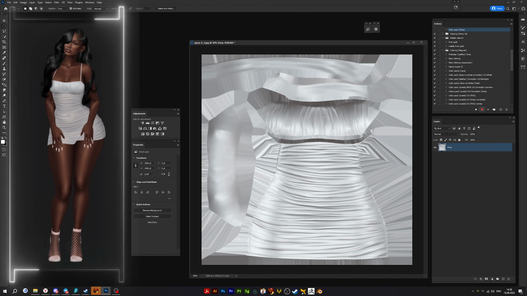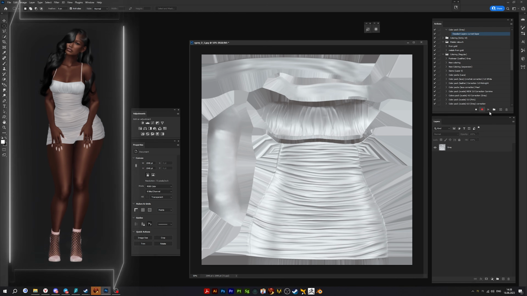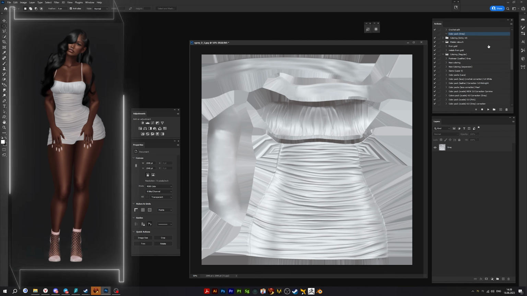Now, remember that when you press the record button, you should be very careful. Do not use Control-Shift-Z to undo the previous action, because Photoshop never remembers it. It cannot remember it for actions that you undo. The same goes for redoing actions. And also, you should be very careful when you select layers.